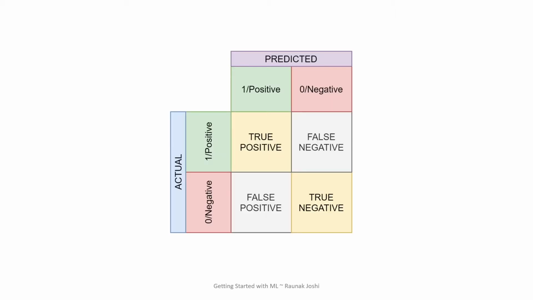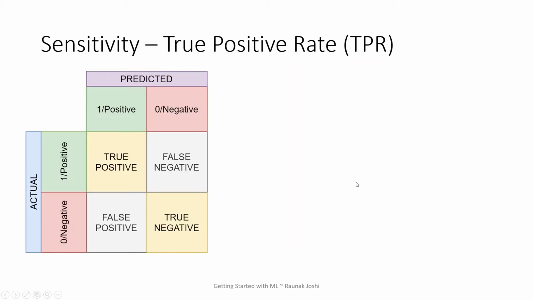So this is a generalized confusion matrix diagram for the binary classification problem, where if I have both the positives, we get true positive, 1 and 0. So this is a false, and 0 in the predicted gives us false negative. Similarly, 0 and 1 is again false, and in the predicted section we have 1 which gives us false positive, and we have 0 and 0 finally which are true negative. So there are the type 1 and type 2 errors. We will come to that later, but for now we will look at the concept of sensitivity.